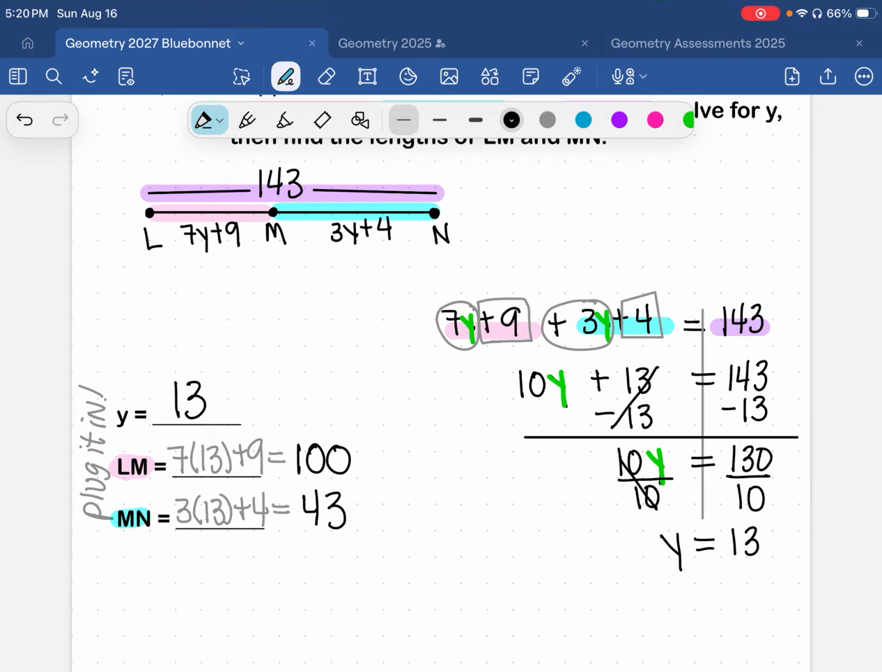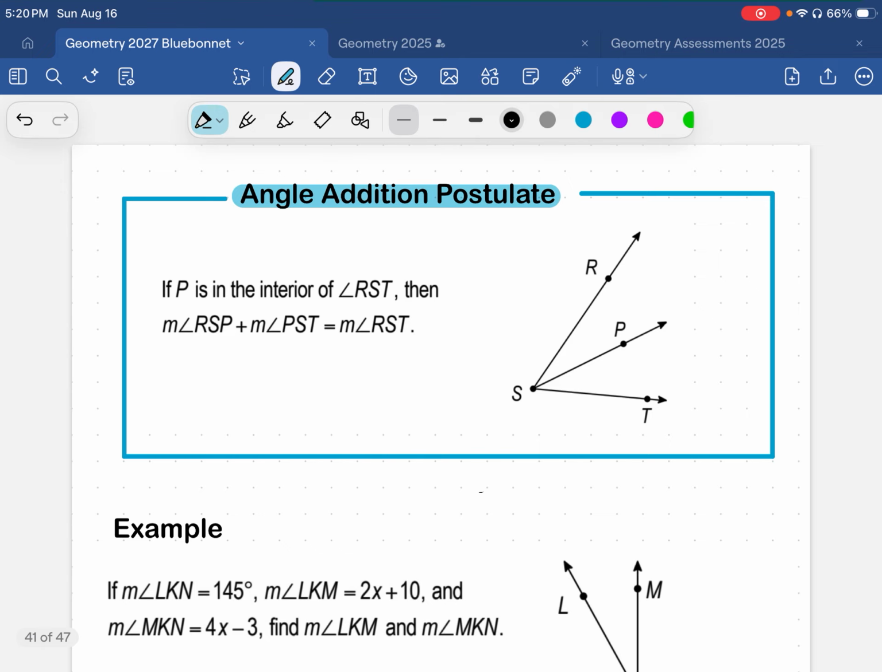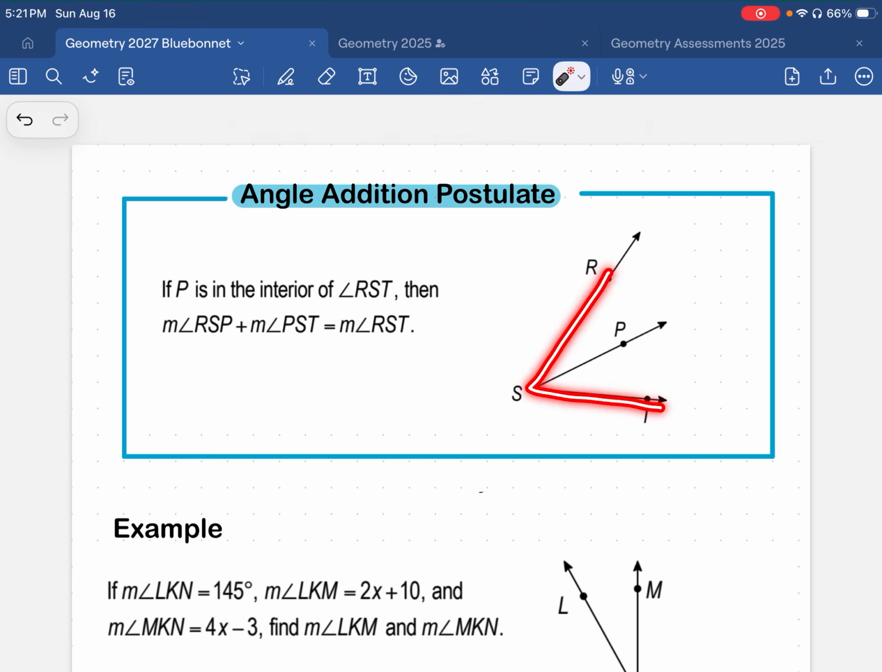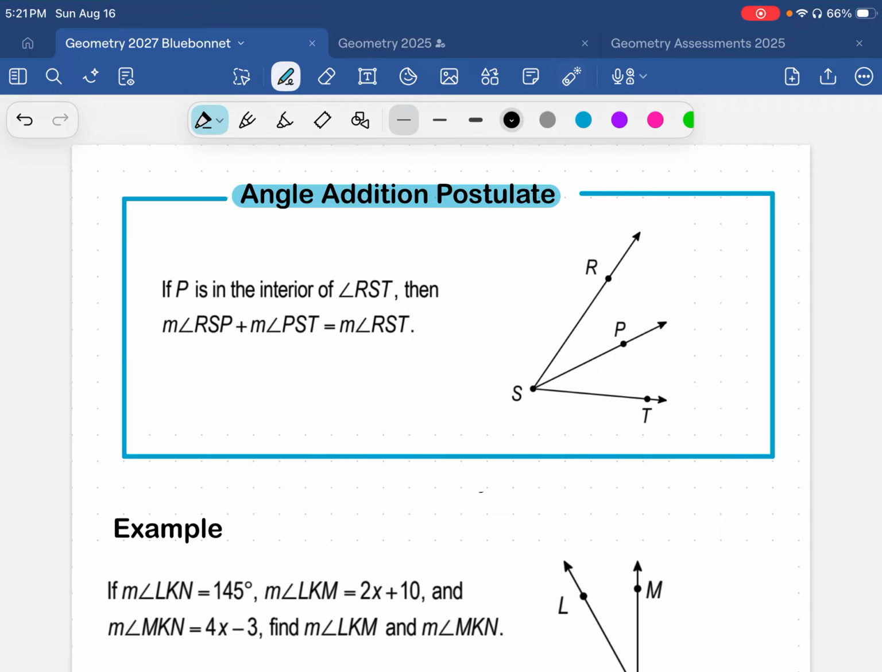All right, let's take a look at our next postulate, which is the angle addition postulate. It is very similar. We've just taken our segment and now we've folded it up to create an angle. It says if P is on the interior of angle RST, which it is, then